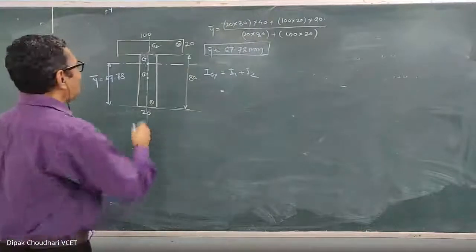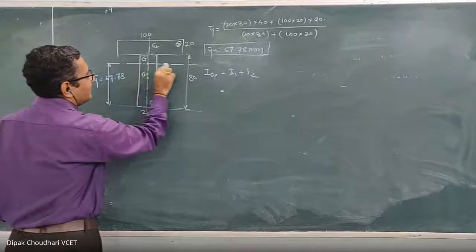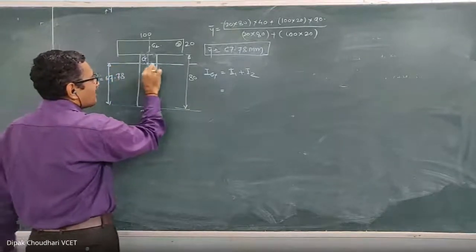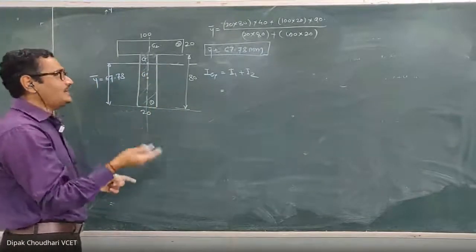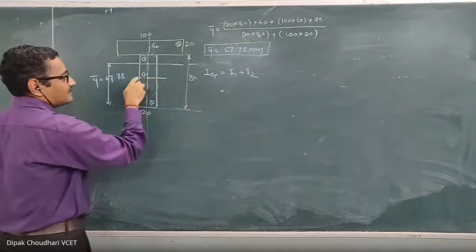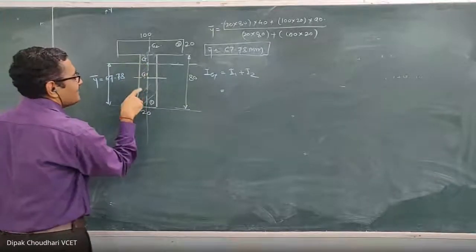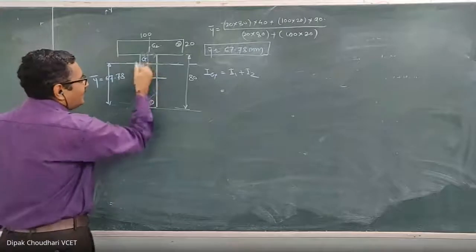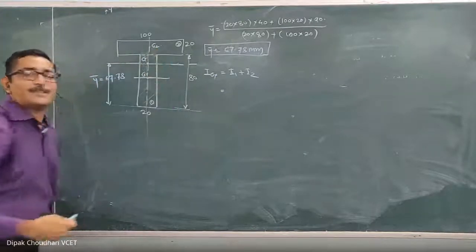Now I1 is the moment of inertia of the first rectangle about the central axis of the entire figure. This is not the rectangle's own centroidal axis; this is the centroidal axis of rectangle one. Since it is a non-centroidal axis for rectangle one, we have to use the parallel axis theorem. First we calculate the moment of inertia of rectangle one about its own centroidal axis, and by using the parallel axis theorem, we shift it here.